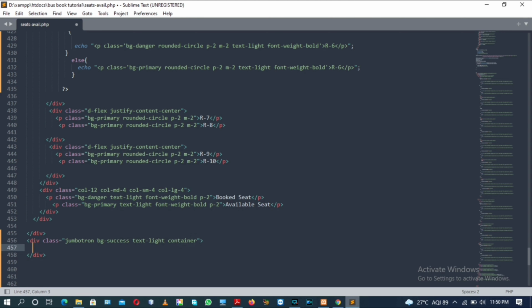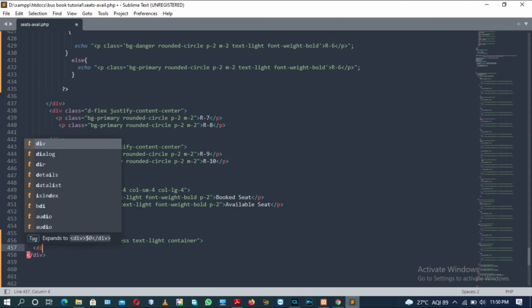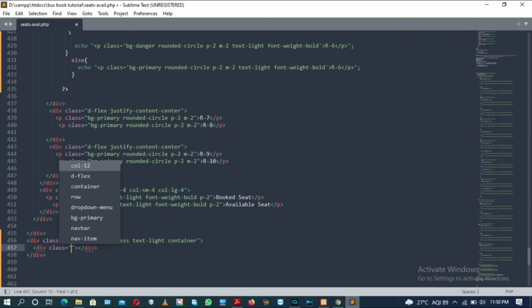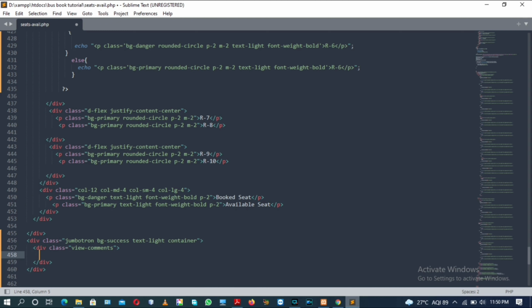Inside this div tag we will have another div tag with the class attribute view-comments. Inside we will have a table tag with the Bootstrap classes table, font-weight-bold and text-light.